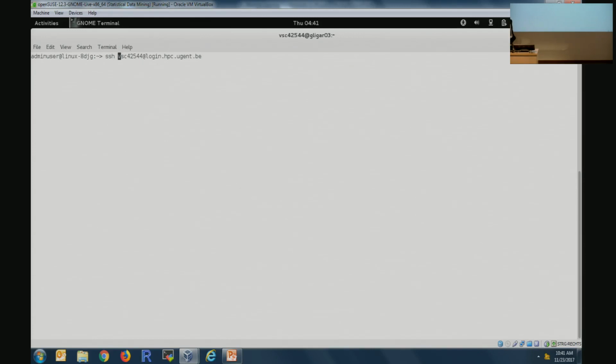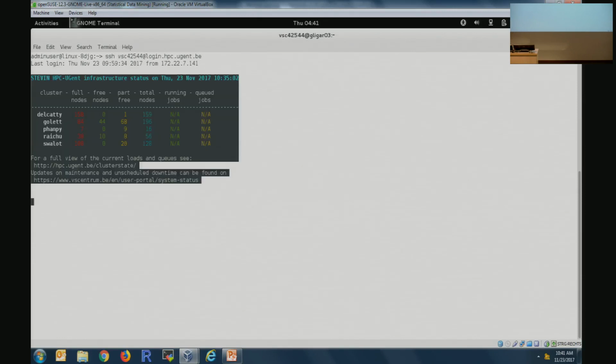Here you have to enter your own ID, but the system we use is the login hpc.ugent.be system. That is where we enter the system based on the SSH key you delivered already when you created the account. We are now inside the system. You can check that if you want with hostname -f, for example, which shows you, okay, we're now in a login node here.